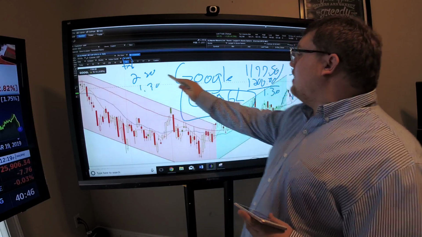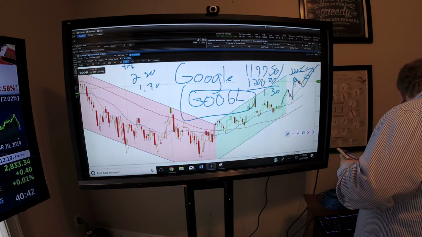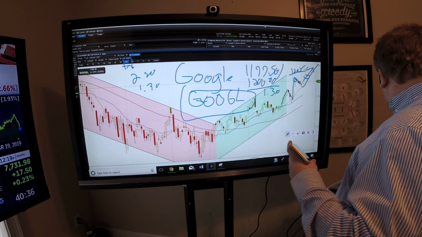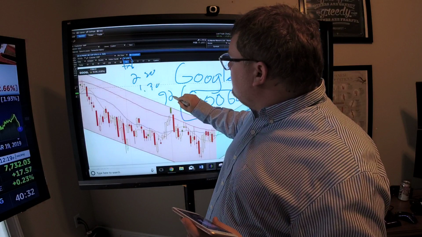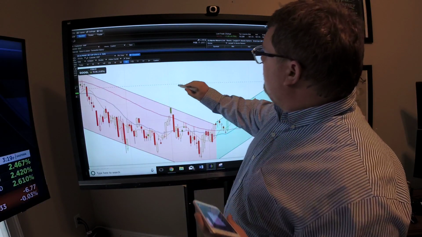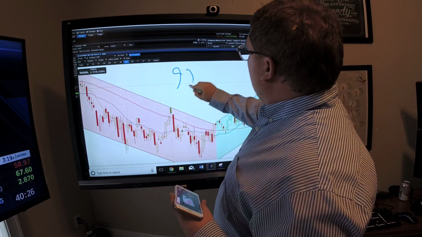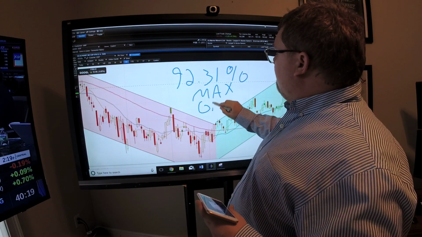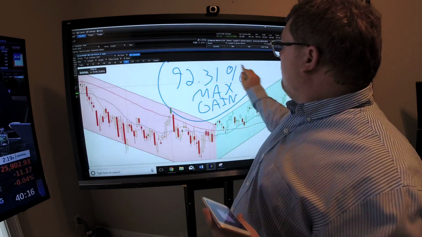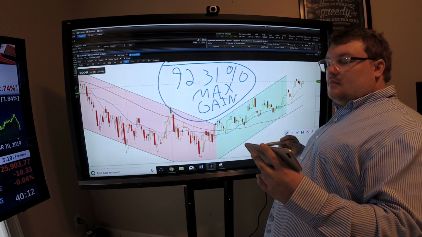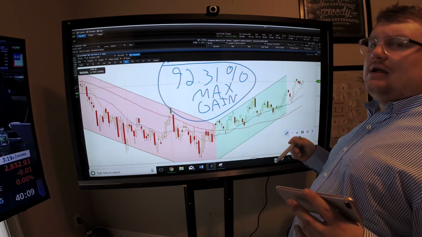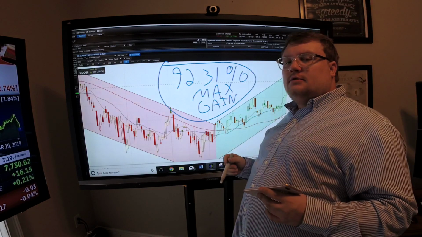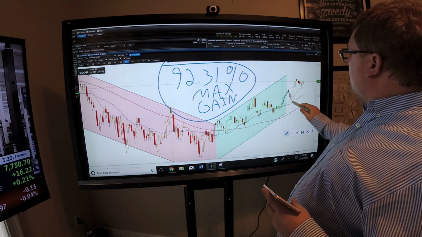So if you paid $1.30 for it and it could be worth $2.50, it's still a nice gain, but I like to have at least 100% return. So 2.5, divide that by 1.3. That's a max net gain of 92.31%. So your max gain is 92.31%. It's not dropping. It's still in the breakout momentum cycle, Leslie. 92.31% max net gain. Okay, and like I said, it's in the breakout momentum cycle, coming down to the SMAs,